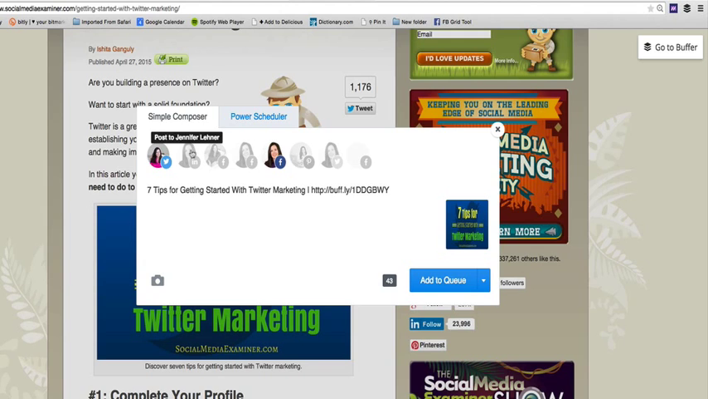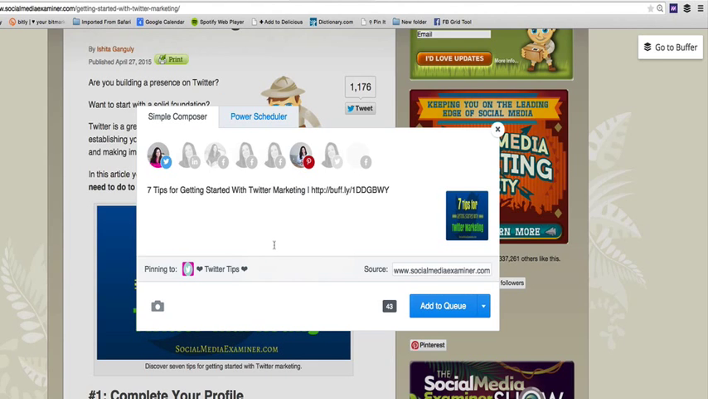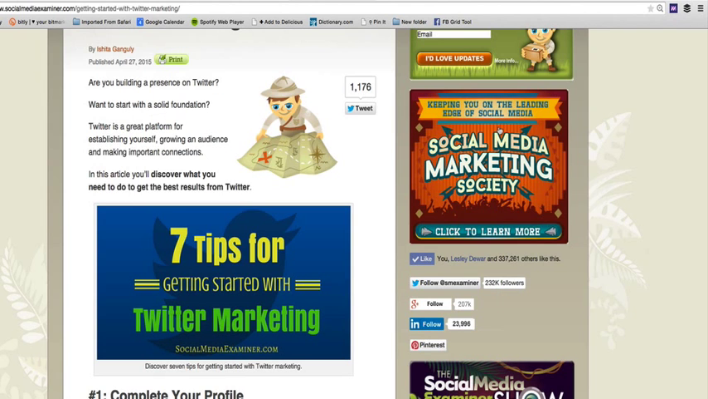I can highlight on any of these pictures for my different social accounts and have this go out to all of these at the same time. In this particular case, I just want to tweet it, and then maybe I'll add it to my Twitter tips Pinterest board as well. And now I'm going to reread the tweet, 7 tips for getting started with Twitter marketing. And I'm also going to put in a hashtag social media. And now I'm going to add it to the queue. All right, another great way